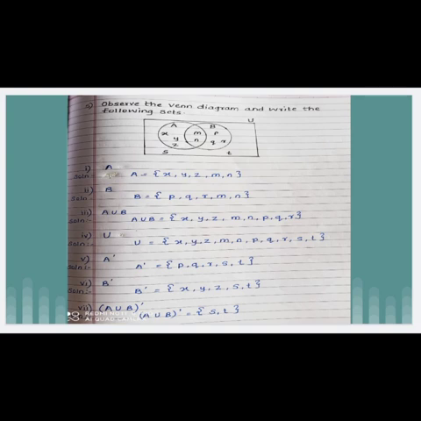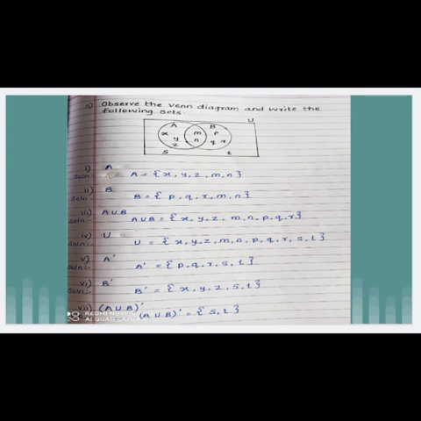But don't forget, students, the circle A and circle B, that means set A and set B, are connected to each other, and we got 2 elements in both the sets which are common, that is M and N. That also we have to mention in set A as well as set B. Hence we got here set A is equal to X, Y, Z, M, N. Okay. Now set B is equal to, first you write down the set B elements which are P, Q, R and the common elements M, N, curly bracket, close.